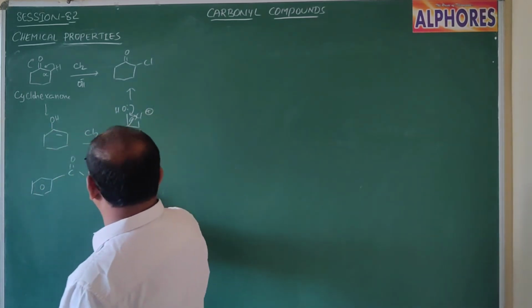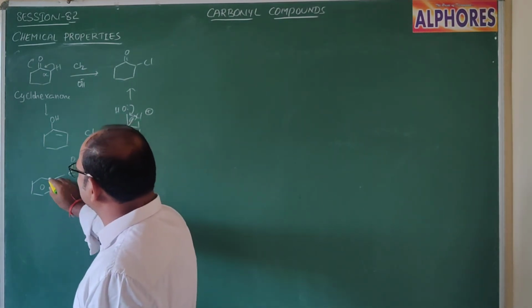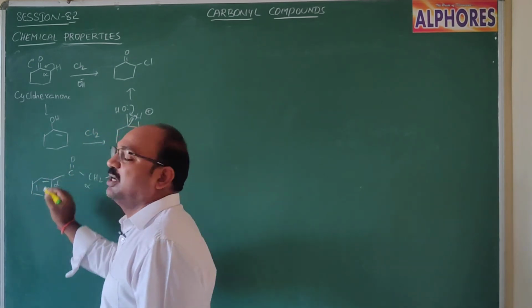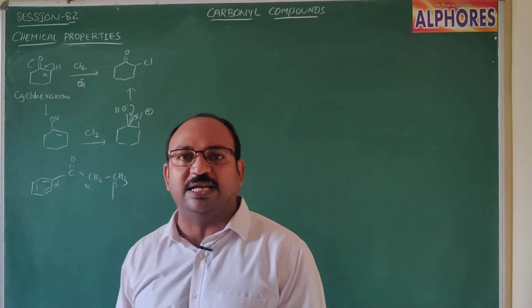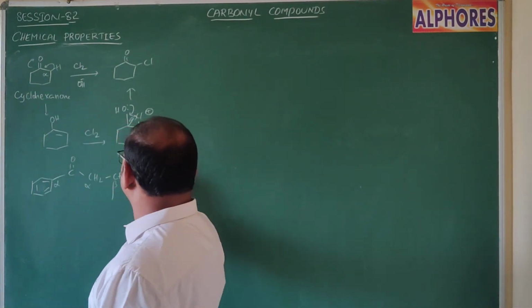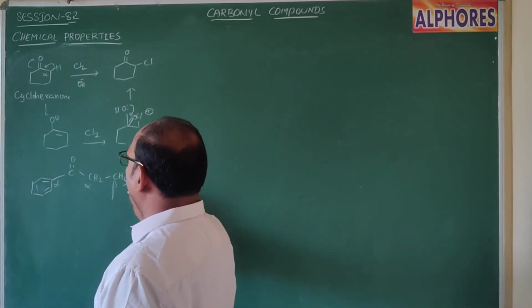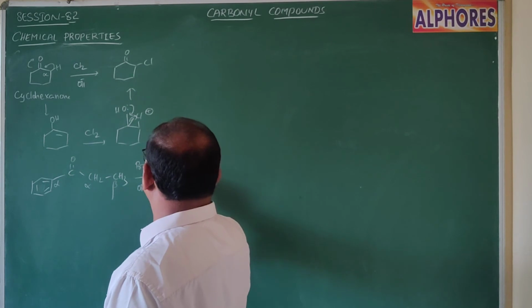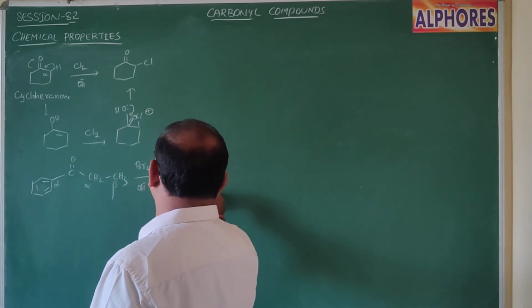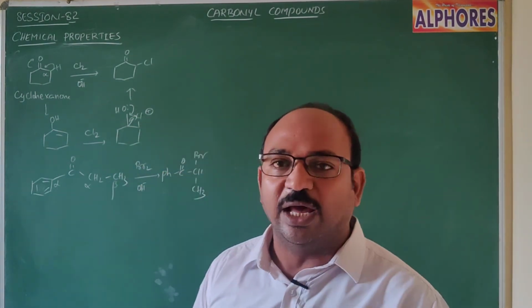In this case, with respect to the carbonyl group, this carbon is alpha, this carbon is beta. Of course, this carbon is also an alpha carbon, but this alpha carbon does not have any hydrogens because all 4 bonds are completed. All 4 valences are satisfied. That means hydrogen is not there. Now this one upon treatment with bromine and alkali undergoes bromination at CH2 and then CH3. That means only alpha hydrogen takes part in the reaction.